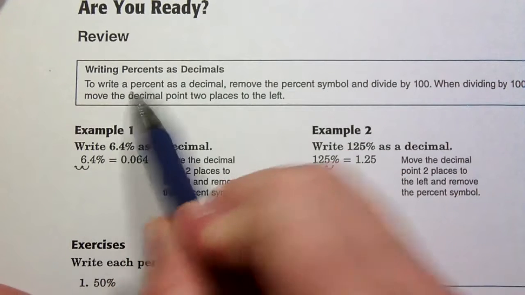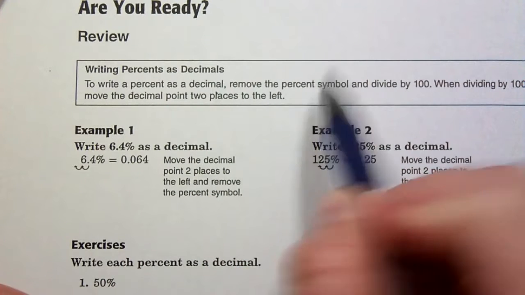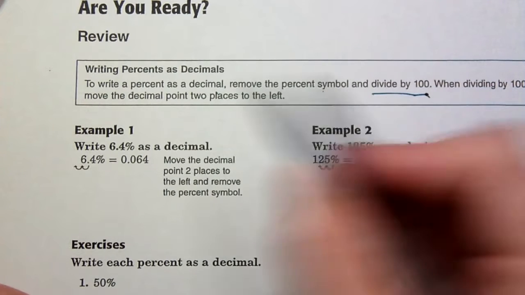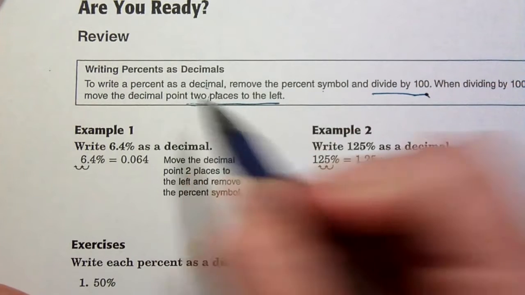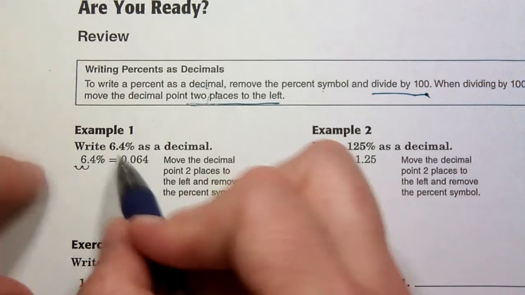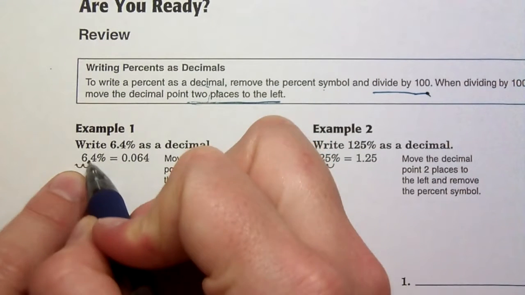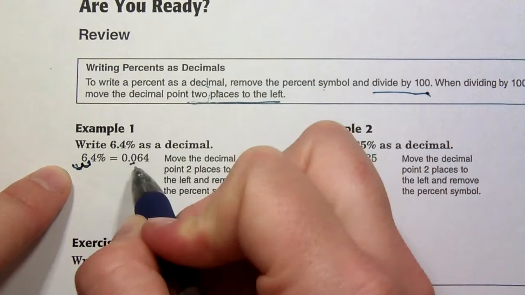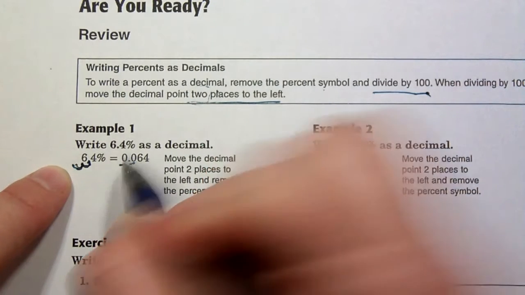So to write a percent as a decimal, you're going to remove the percent symbol and divide by 100 because we're out of 100. So we move the decimal point 2 places to the left. All right. So if we're looking at 6.4, it's got a decimal here. We're moving it 1 point, another one. So we have to add that 0 in to be a placeholder, and then a 0 to the left of